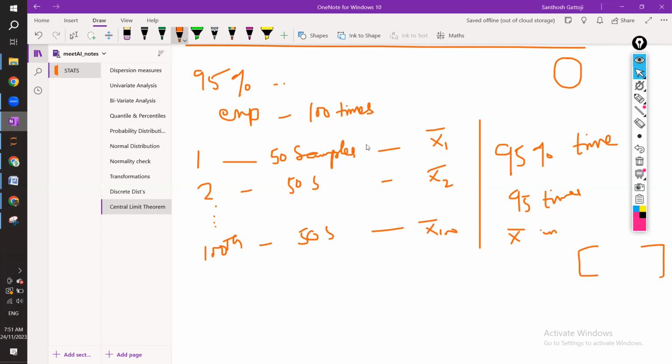That means you are giving some confidence interval. To that interval, you are saying